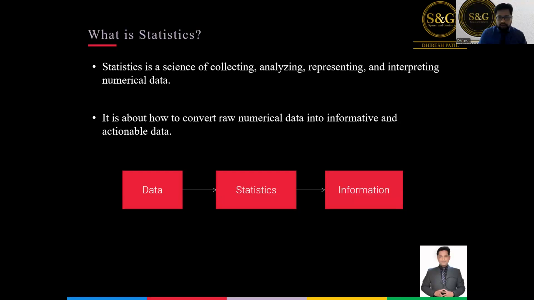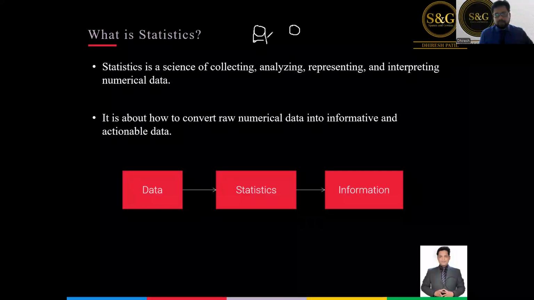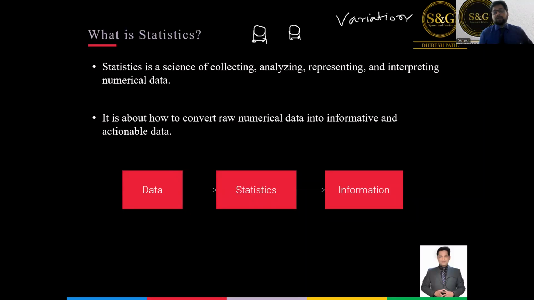Let me give you a simple example on this. Imagine I have two pens. Let's say this is pen number 1 and pen number 2, and I want to measure the diameter of these two pens. Now I'm talking about variation, and how important it is. Let's say I take the measurement with a vernier scale or screw gauge, and then I will measure